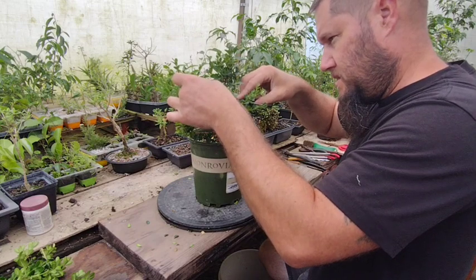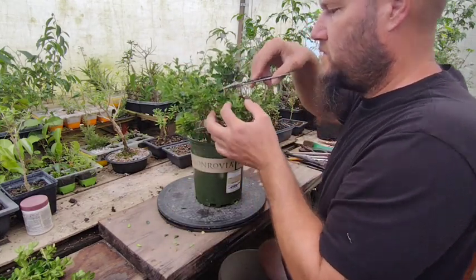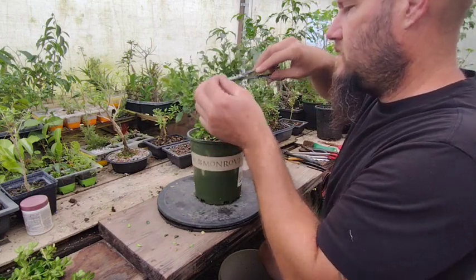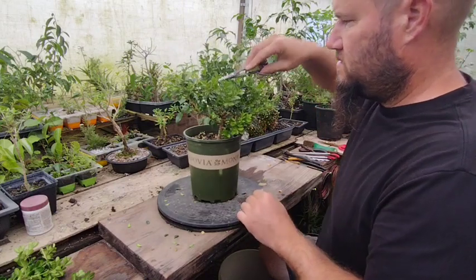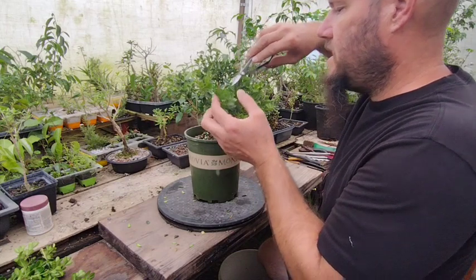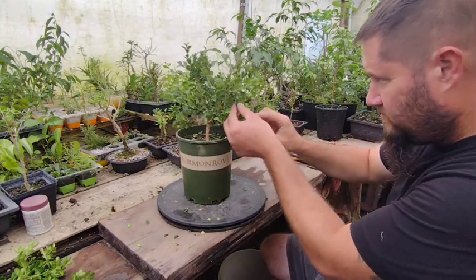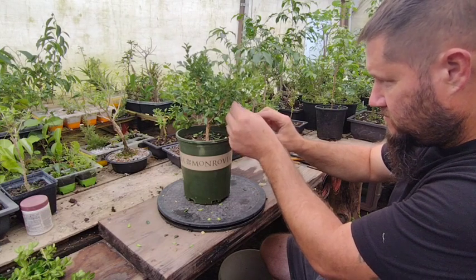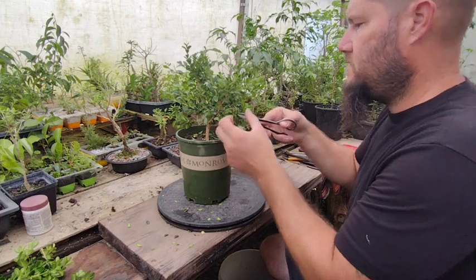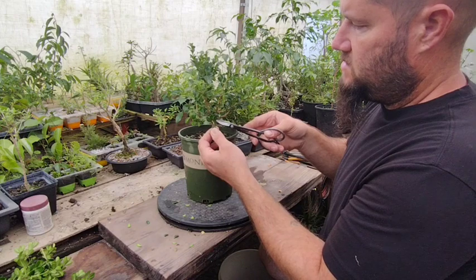I'm going to take off some of this previous trimmings where the previous owner trimmed back some stuff. Clean that up a little bit. It looks like somebody hedge pruned this at one point. Yeah, it definitely looks like somebody hedge pruned it. Which kind of sucks because this one looks like it was hedge pruned, and